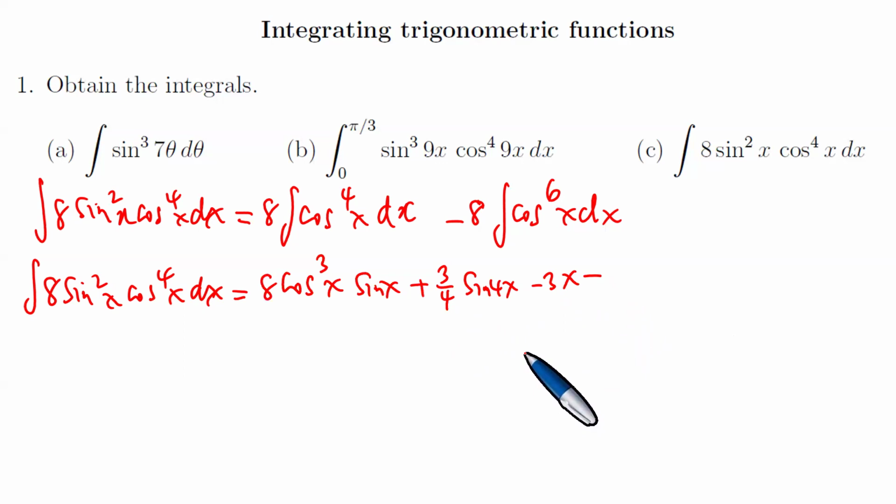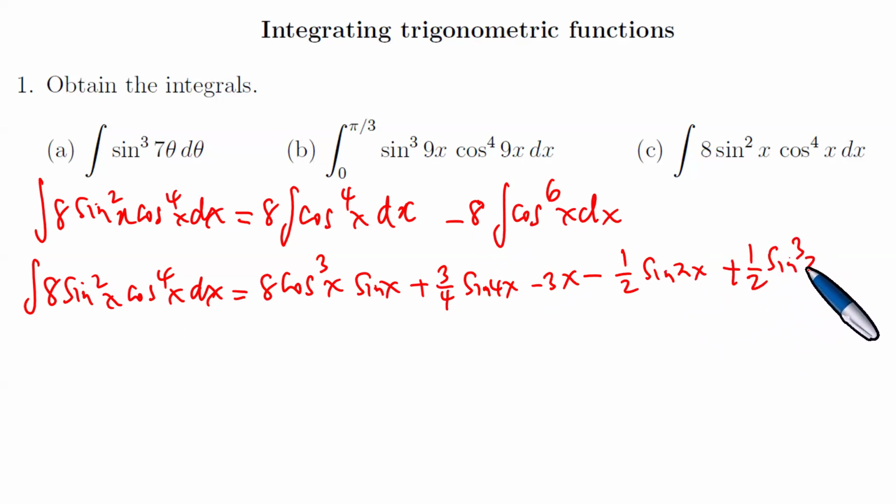Now we also have done the 8 with the cosine to the 6th power, which became exactly 1/2 the sine of 2x, but you distribute with the minus. So this one is going to be exactly plus 1/2 the sine cubed of 2x minus 3/8 the sine of 4x minus